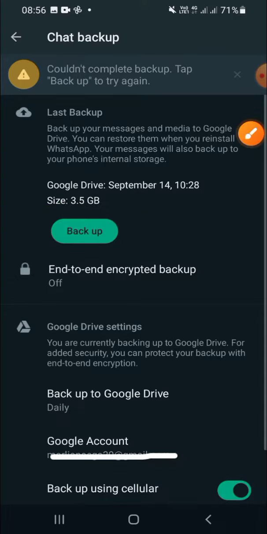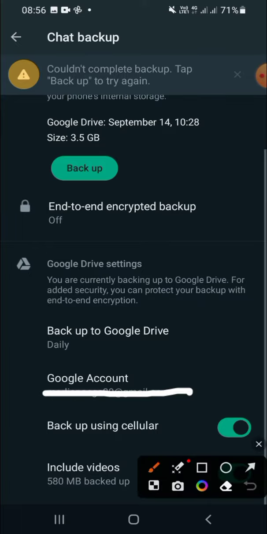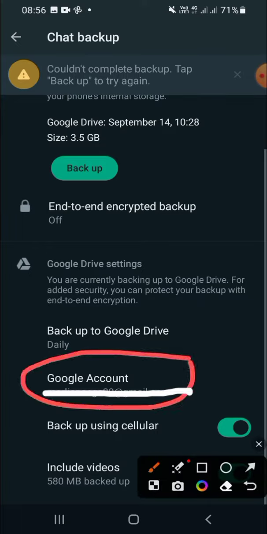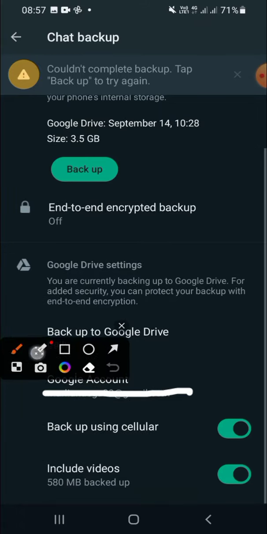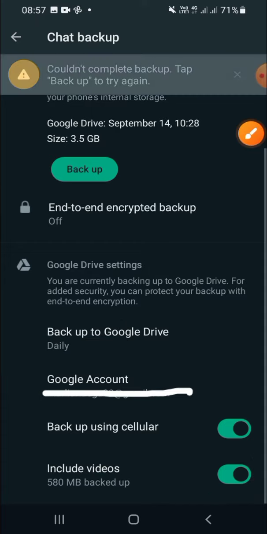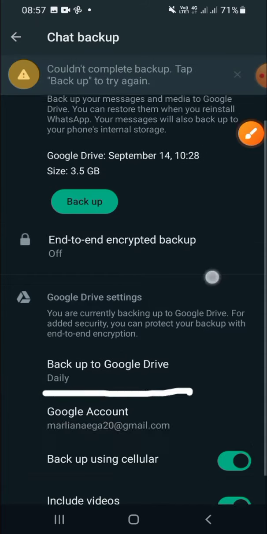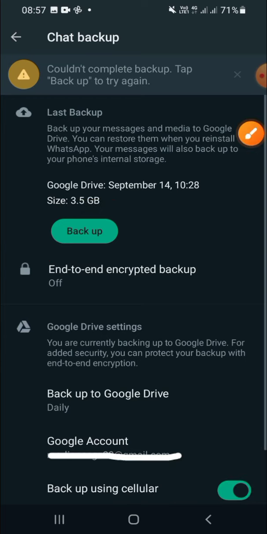But before you back up your data, you have to choose the Google account that you want to save your data in, and then you can also hit this button to include videos to your backup. All right, and then after that, you can click backup right here to back up your data to the Google account. Okay guys, that's how we can back up